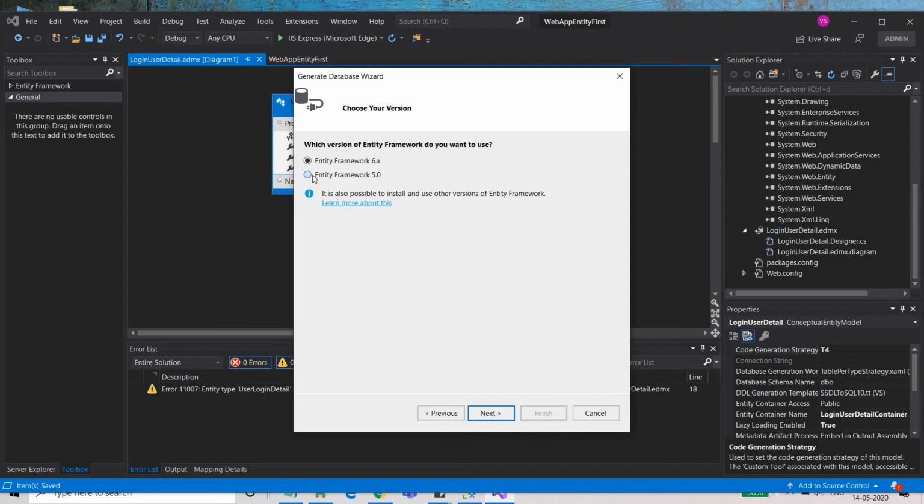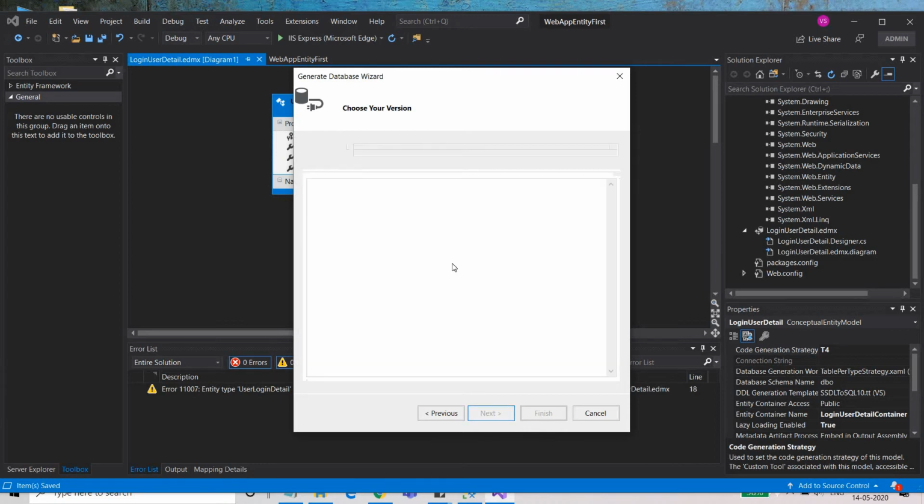Just go to the next. I'm using Entity Framework 5. Then go to the next. Then what will happen? It will simply